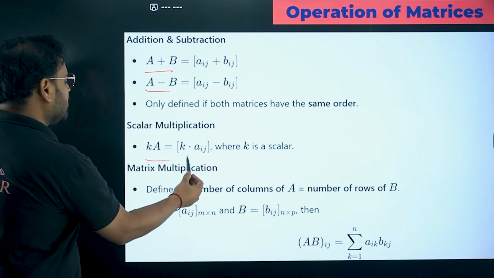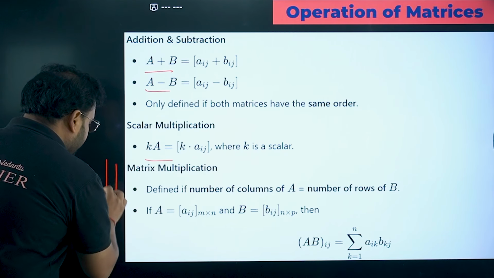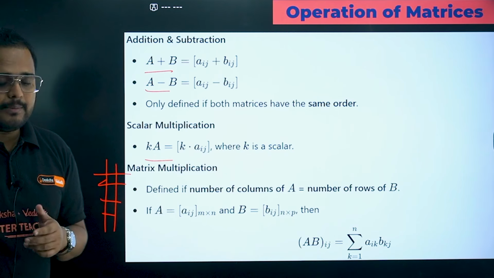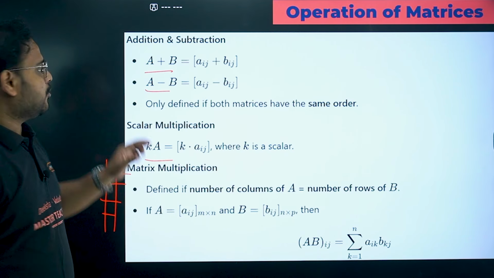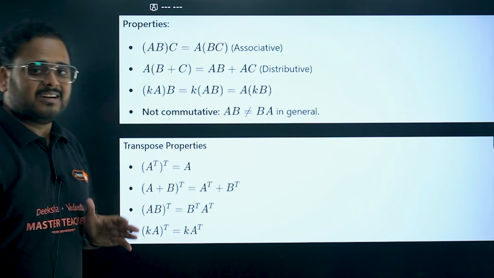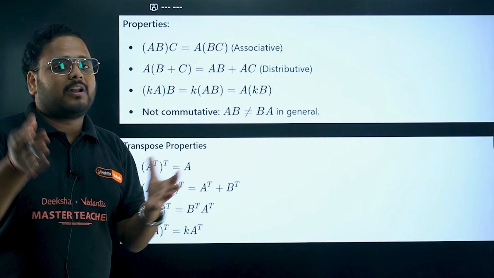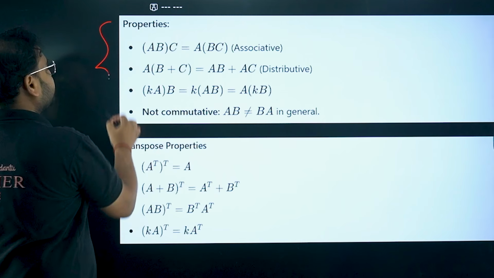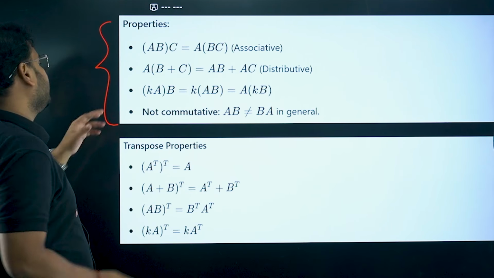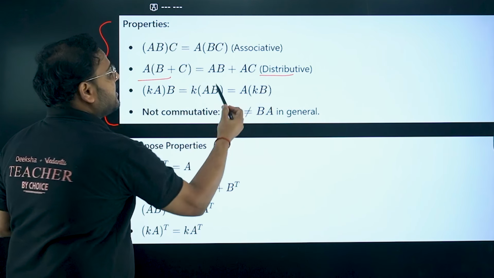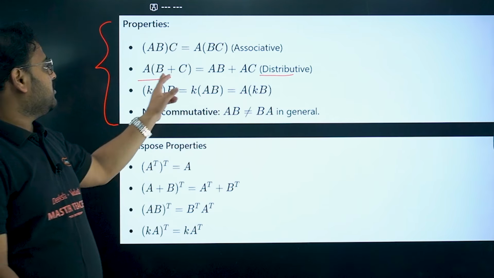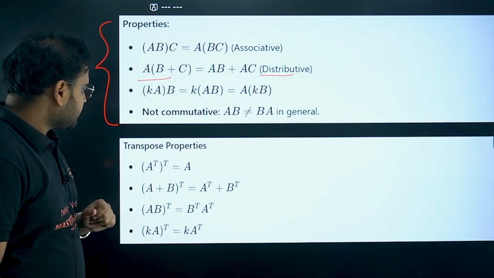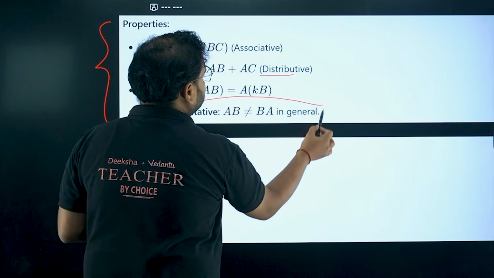Scalar multiplication is also there, and this is where most of the questions and the higher scoring marks questions come, in matrix multiplication, whether it is 2 cross 2 or 3 cross 3. So please go through that and learn that as well. This is my tip for your last minute revision. Next we have AB into, okay, the properties that have been asked in the examination to prove. Remember the distributive property, there has been a 5 mark question on this property, so that can be asked. Please learn that.